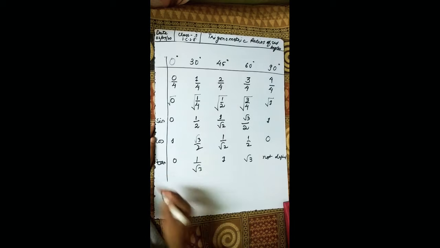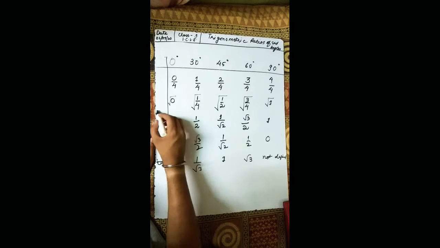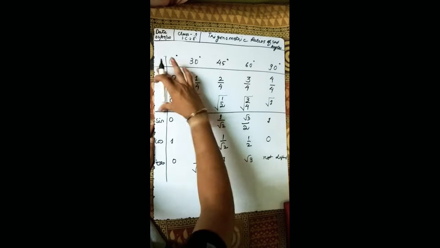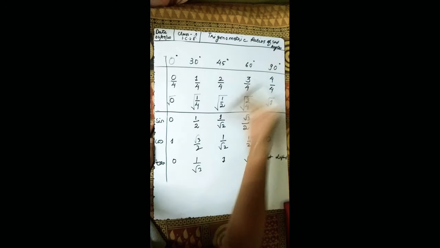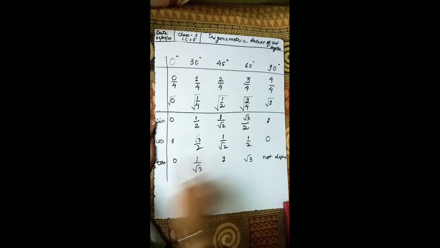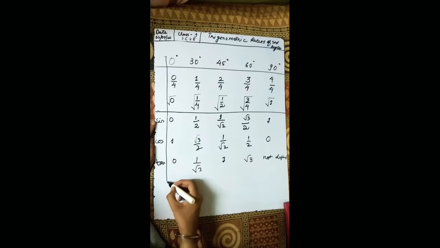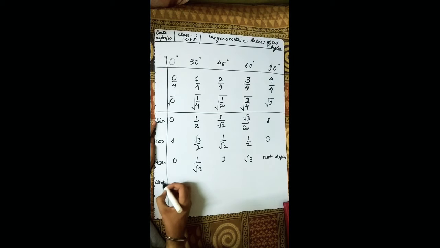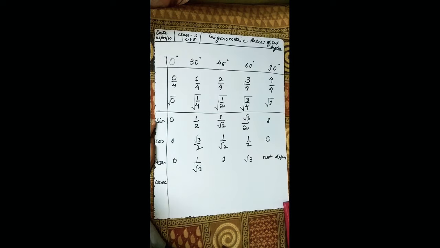Alright. So this is sine, this is the calculation. You don't have to mention this calculation, directly you write this thing. Sine, cos will be the reverse of sine, tan is sine upon cos. Now how can you find cosec? Just pause the video, try to think, and if you have thought, then you can continue with the video. Okay? Alright, so cosec, how can you find cosec?